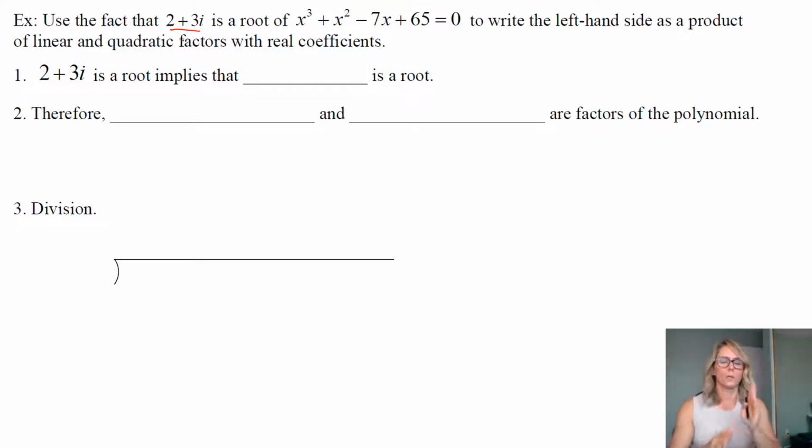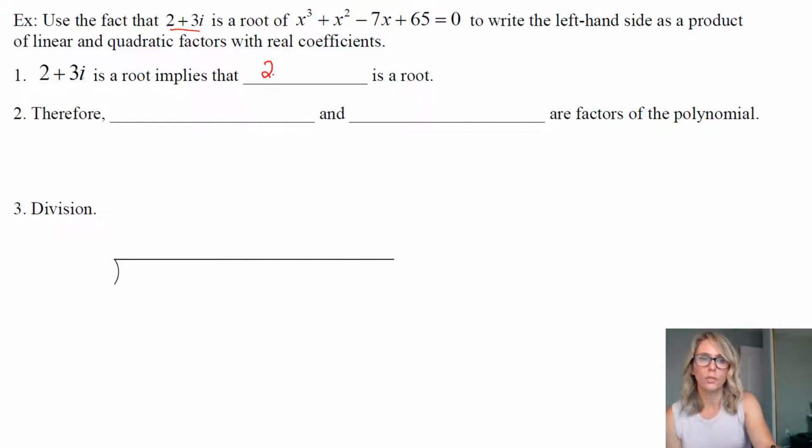You are welcome to do any of this that you want. You want to pause it, you want to try something, and then come back and see if you got it. That would be great. Otherwise, you can pause along the way once you kind of get the hang of it. It's up to you. So from the last note, if you are told that 2 plus 3i is a root,